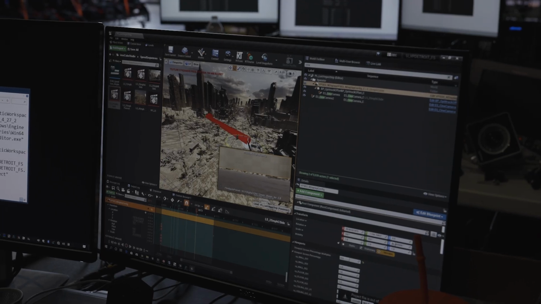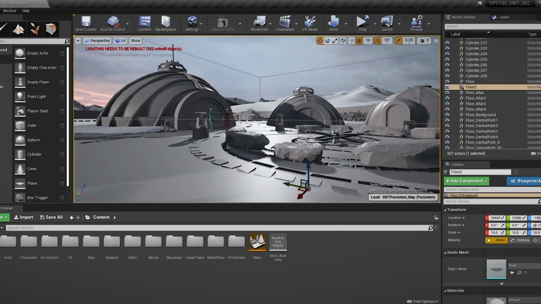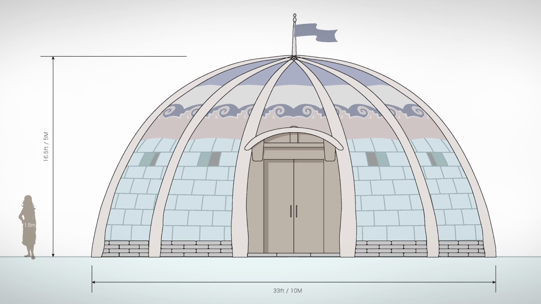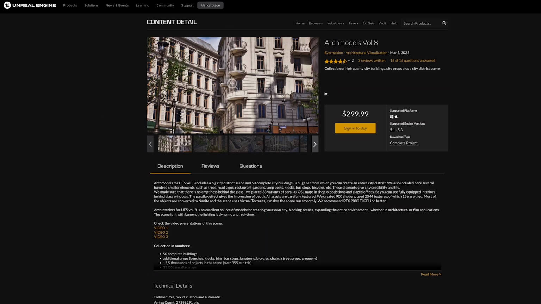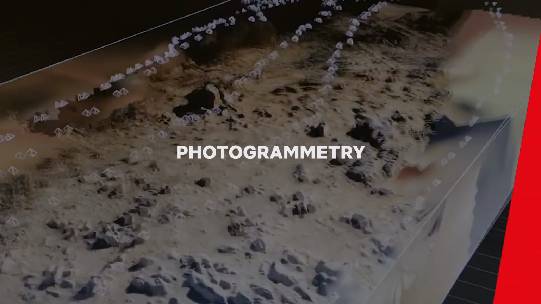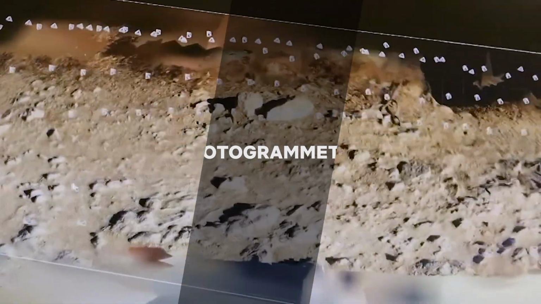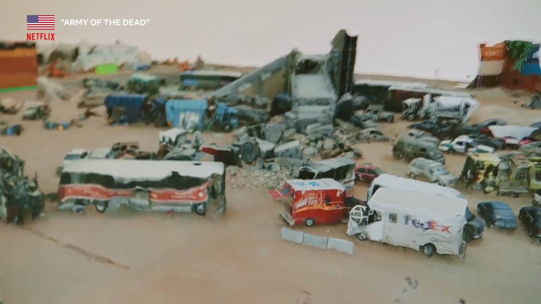In this case, you'll need to utilize a real-time 3D game engine to design a virtual space. You could take a piece of concept art and model it in a 3D app, or you could source a pre-existing model to use as a starting point. If you're starting at square one, you may be able to utilize photogrammetry.